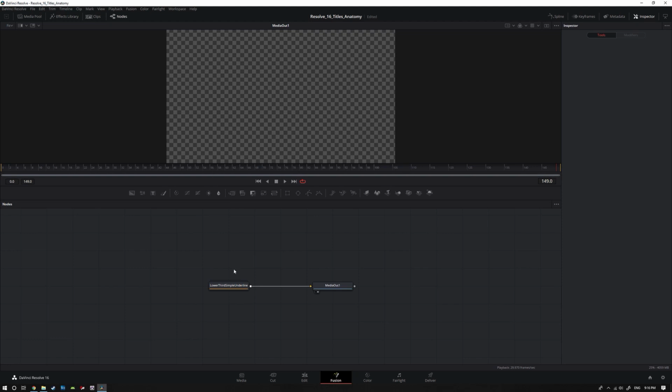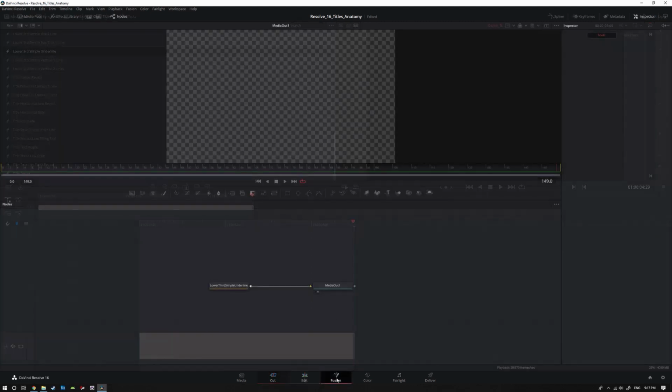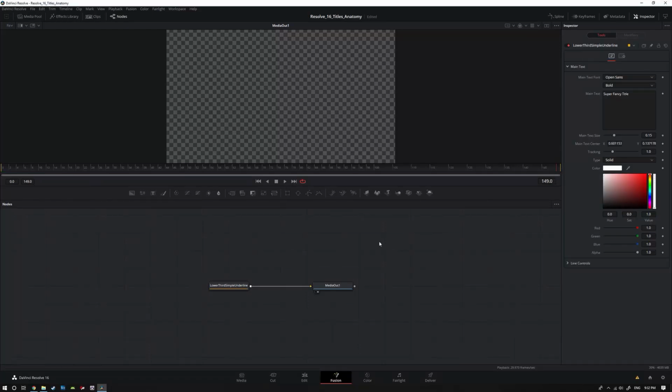What that has to do with is, if I go back to the cut page for example, this clip is 5 seconds long. So 5 times 30 frames per second. If I go back into Fusion, that's where I get this 150 frames from. Of the two nodes that we see here, it's the one on the left that we're most interested in, but very quickly, the one on the right,